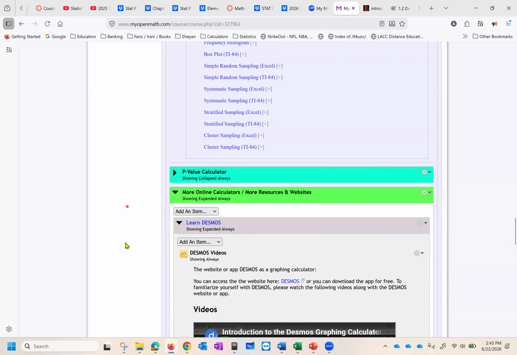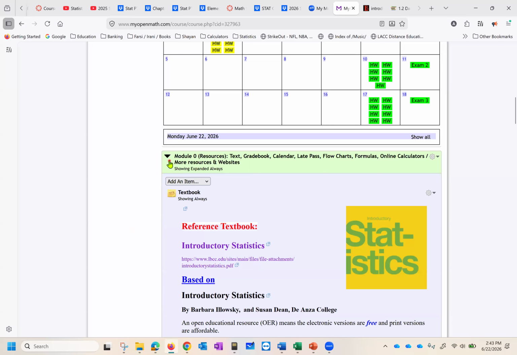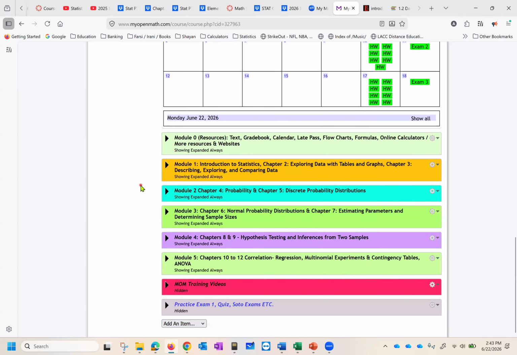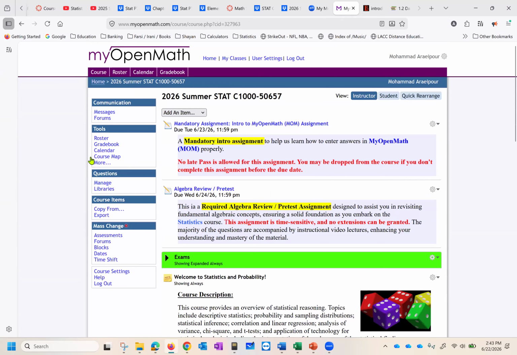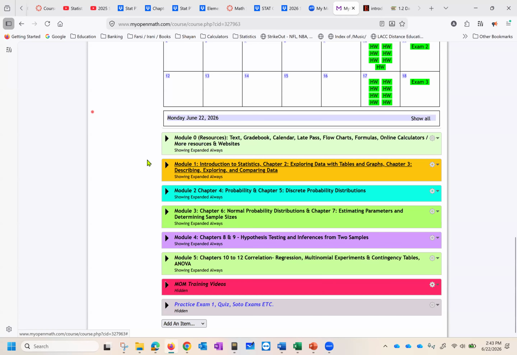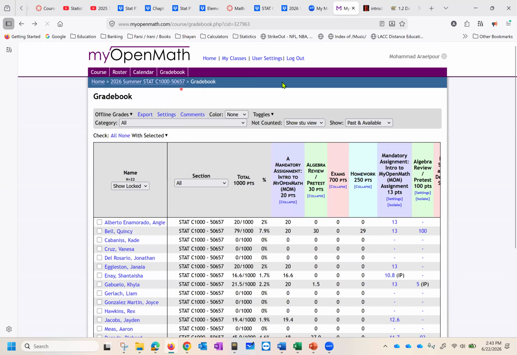So I hope you see that Module 0 has a lot of resources, and I highly recommend you take a few minutes, take a look at them, see if you need any of them. The text is mostly a reference text. Now, modules 1, 2, 3, 4, and I'm going to just look at module 1 because the rest of them repeat in the same manner. So your coursework starts with module 1, of course, with the exception of the first couple of assignments. Everything for now, for the first exam, module 1, I'm going to show you, and then I'll go back to the top. So you see the chapters here.